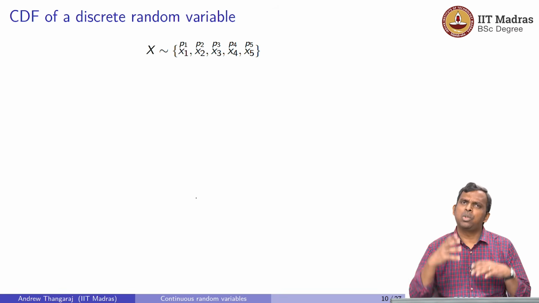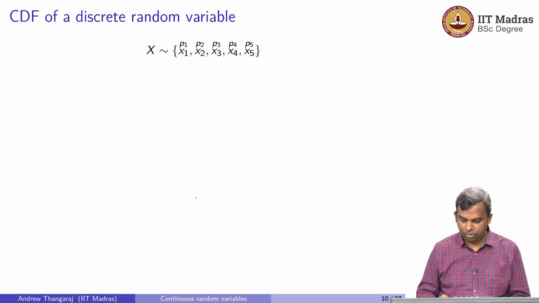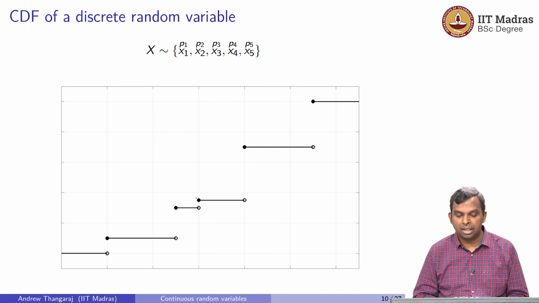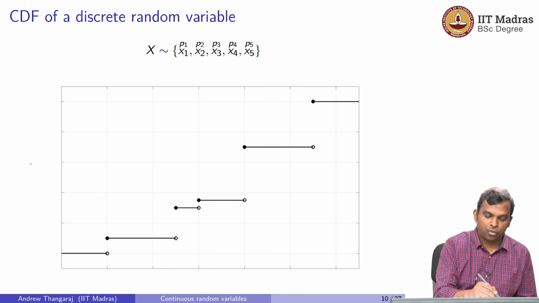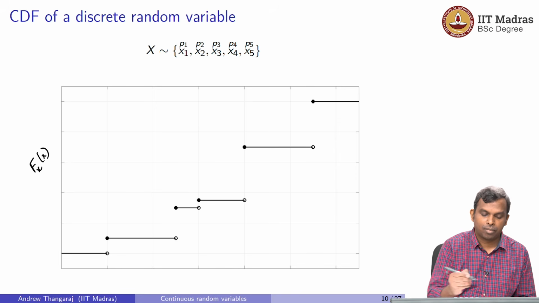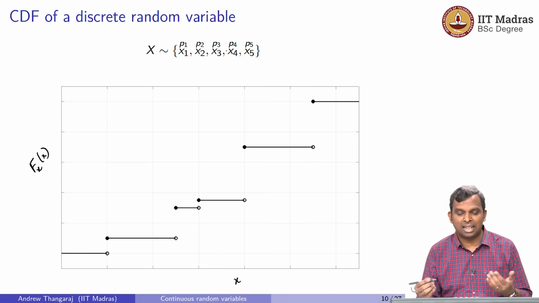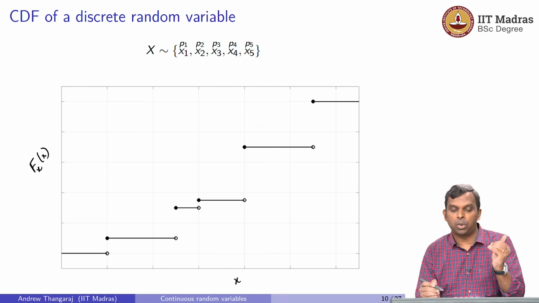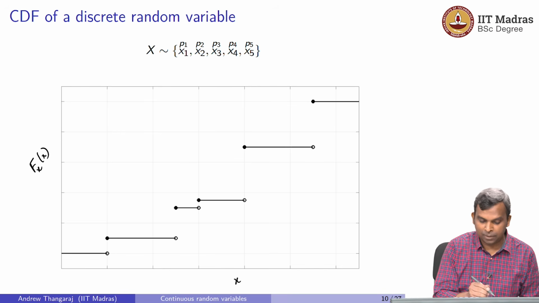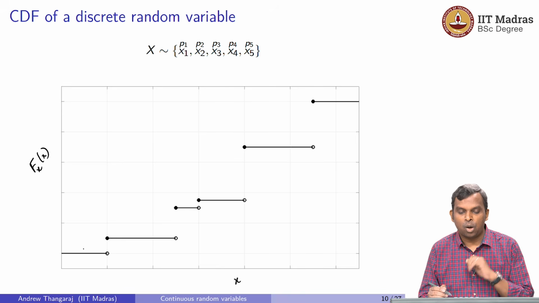So here's a slightly more general PMF, general CDF, and let's see if we can draw some inferences from here. Here is a picture. Suppose somebody tells you that this is the picture of FX of x versus x, and it's x1, x2, x3, x4, x5, p1, p2, p3, p4, p5. I've just drawn it like that. Let's assume that this is in increasing order, x1, x2, x3, x4, x5, so that it's easier for us. Now suppose you have to label this axis, how would you go about doing it?